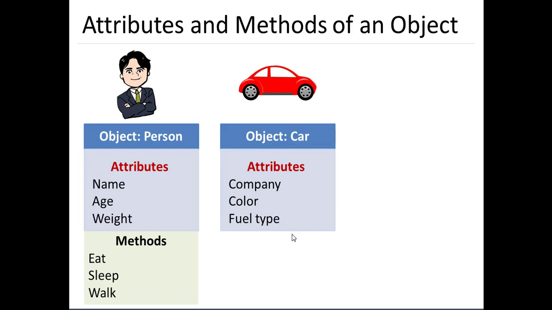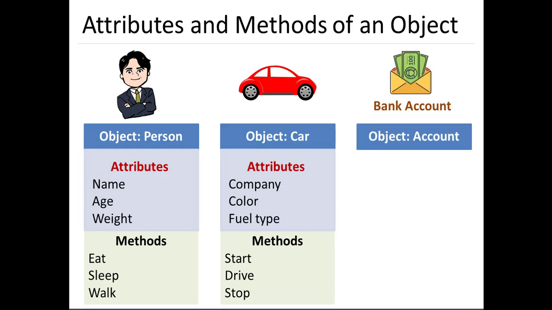Now this car is supposed to perform, isn't it? Otherwise this car is useless. What functions is this car supposed to perform? Here this car is supposed to start, this car is supposed to drive, and this car is supposed to stop. These are nothing but the functions which will be associated with the car object. That is a role that this object is supposed to perform.